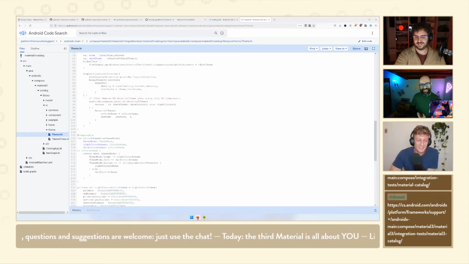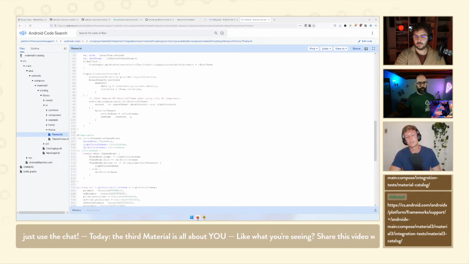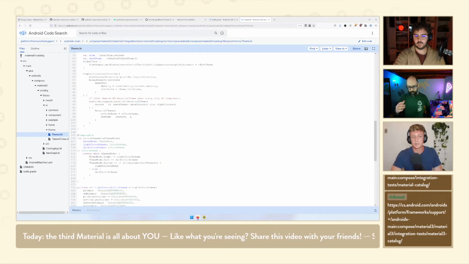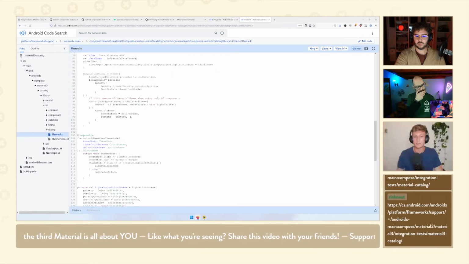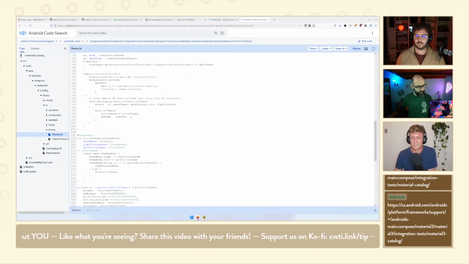Hopefully. I will say that this is always going to be up to date as well, which is the nice part, because it's in the living AOSP next to the library. While I sometimes update this, the engineers who maintain the Compose Material 3 and Material 2 libraries update it as well. If they add a new component to the library, they'll add a sample that gets picked up by this catalog. So it should always be up to date.